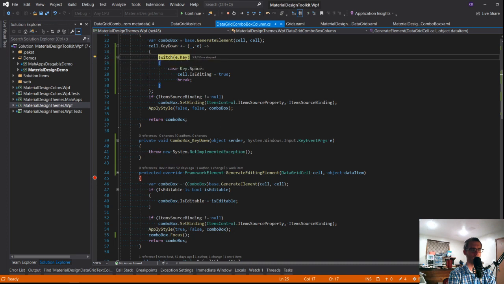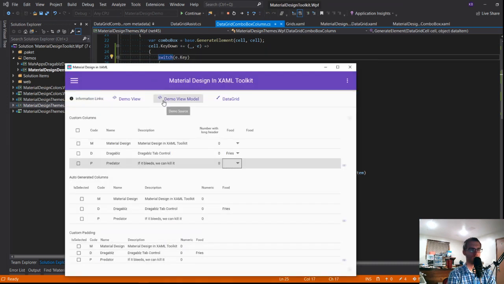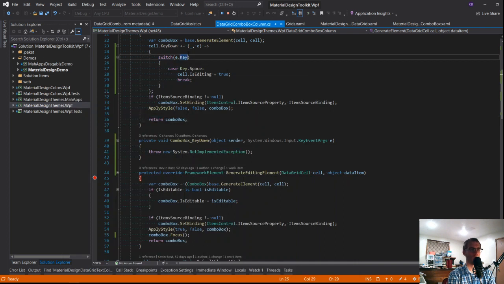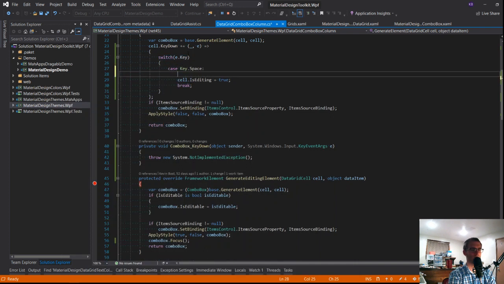Oh, and I suppose that doesn't look good. Let's see, what is it? Cell. Don't I have a reference back to my parent Datagrid?